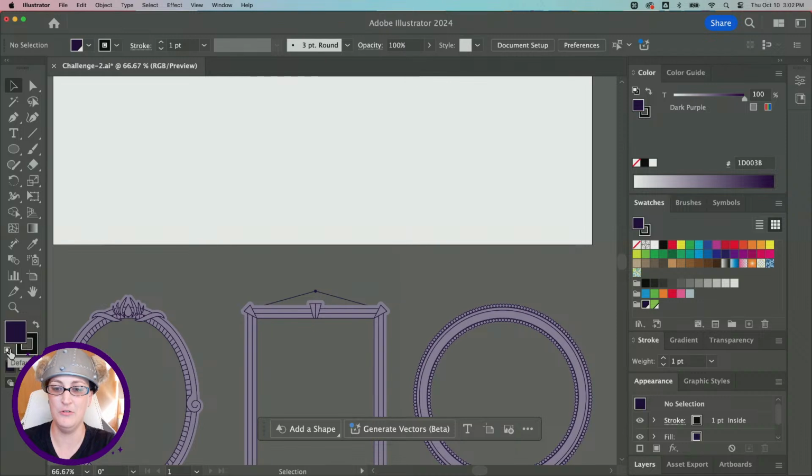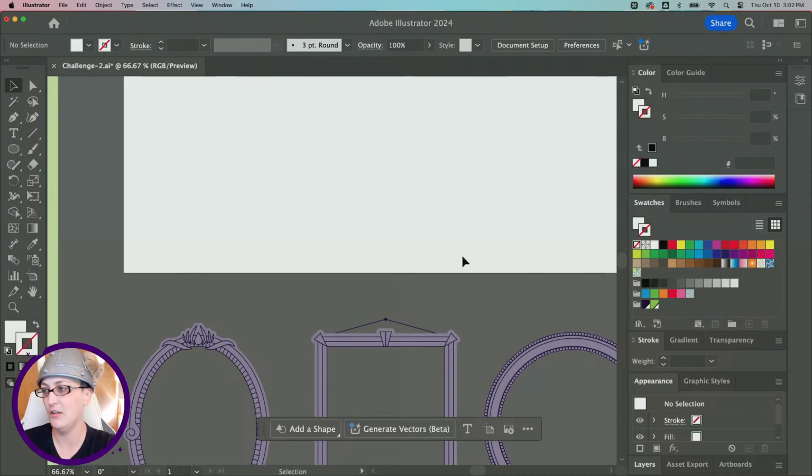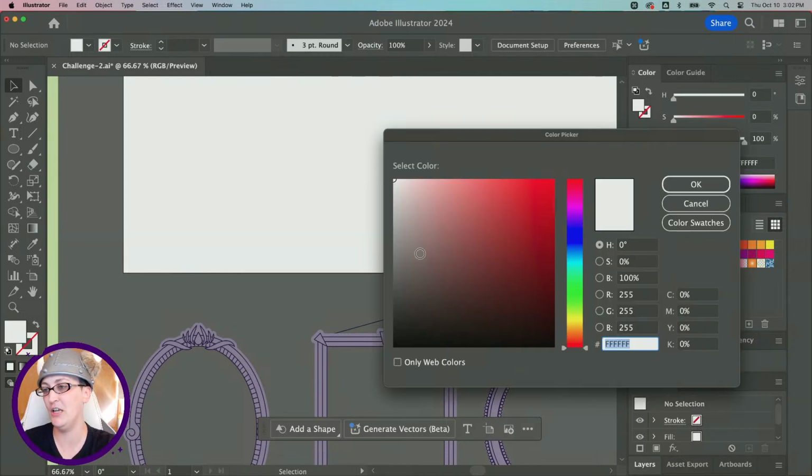So we're going to go back to our default fill and stroke over here. I'm going to click to bring my stroke to the foreground and just remove the stroke. We're not going to need that for now. You can do that either from the swatches panel or from down below, on the fill and stroke icon on the side. I'm going to bring my fill to the front, and to get started in the color picker,